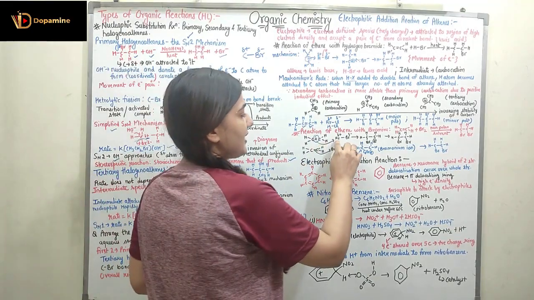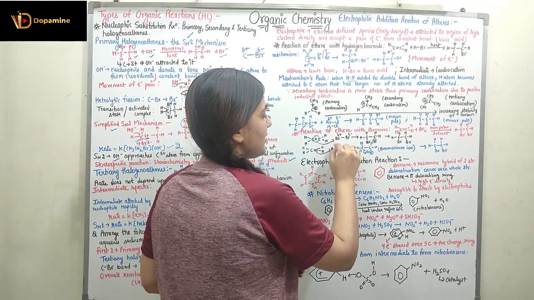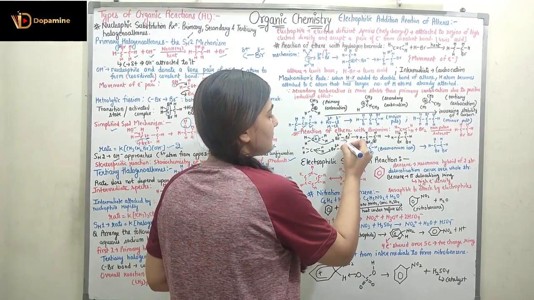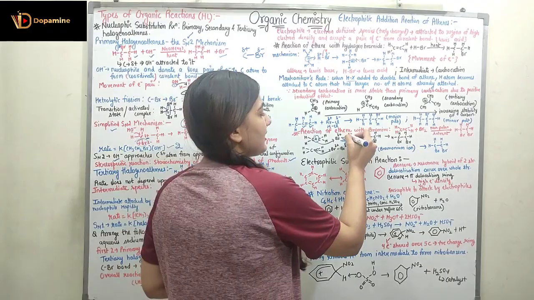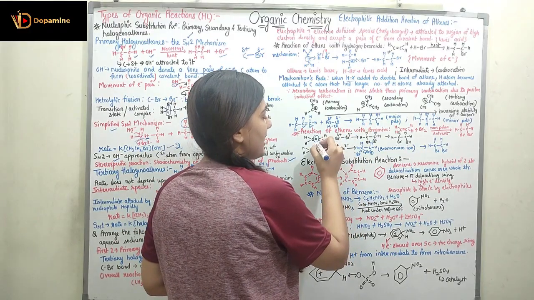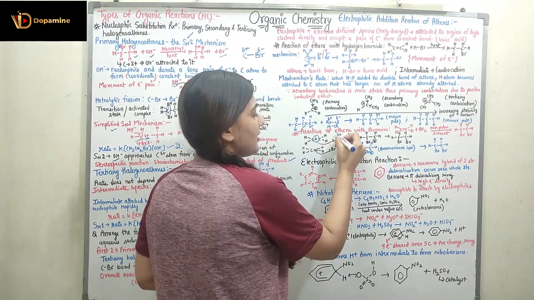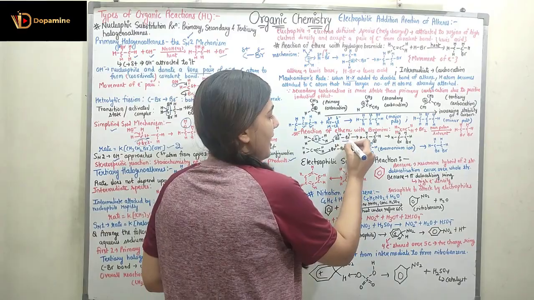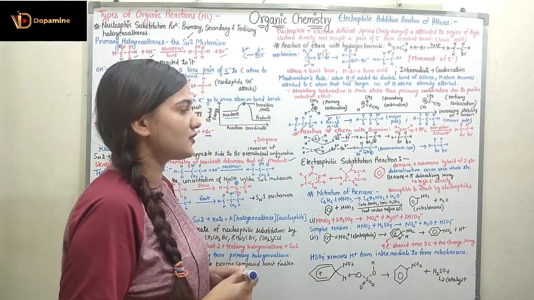This more electron density is going to attract the positively charged bromine, or I can say it will repel the electrons. The bromine away from the double bond will have more electron density and will have a partial negative charge, because the sigma cloud and pi cloud are near to this bromine, so it is going to repel the electrons away from this part, and this bromine will get the partial negative charge. This bromine will get the partial positive charge.